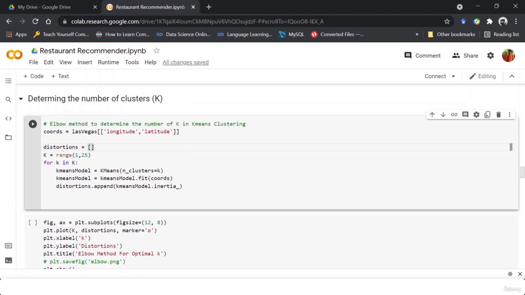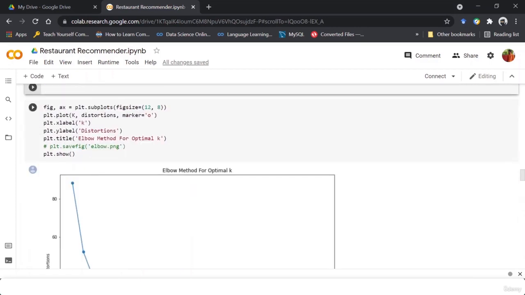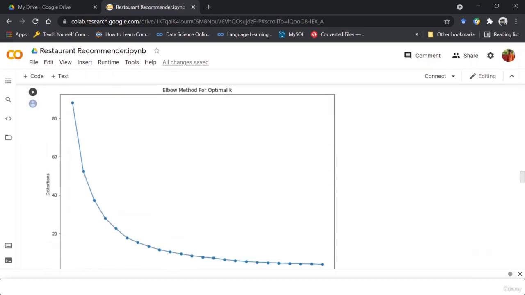Here you can see that I've taken a distortions list and am sending in some values, that is the inertia value. Next I am building a graph of distortions against the values of k.